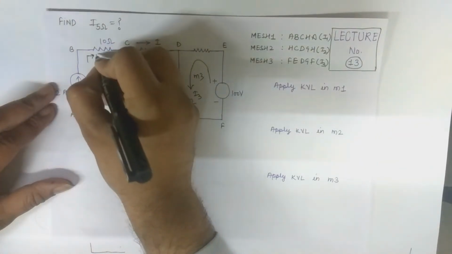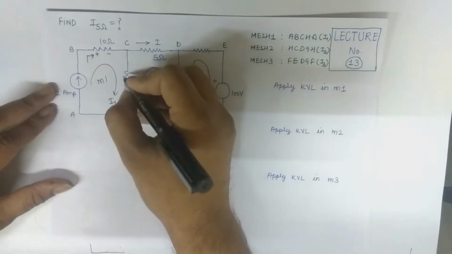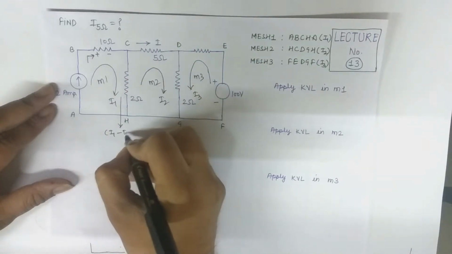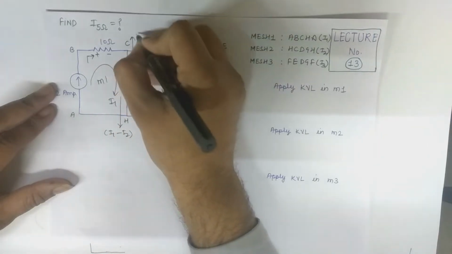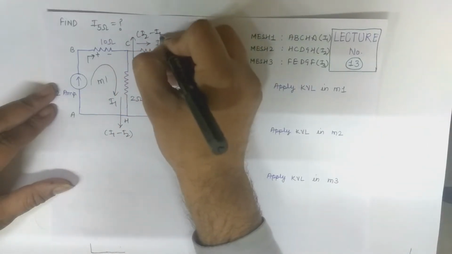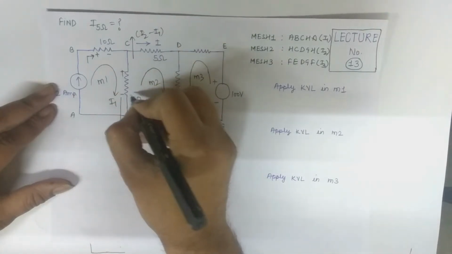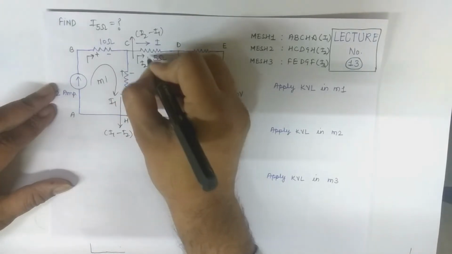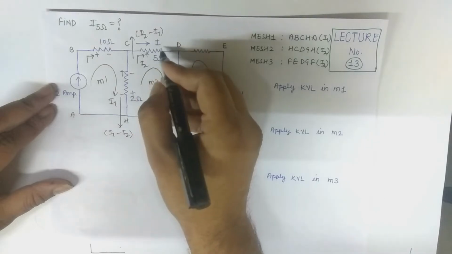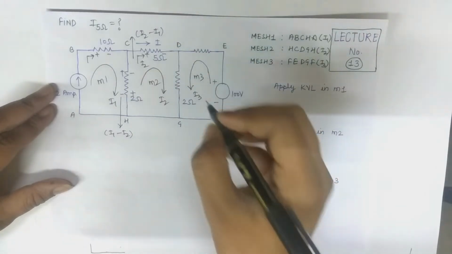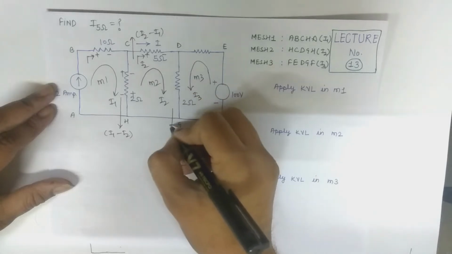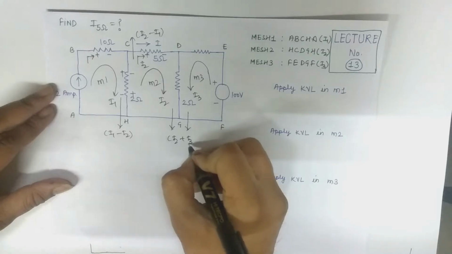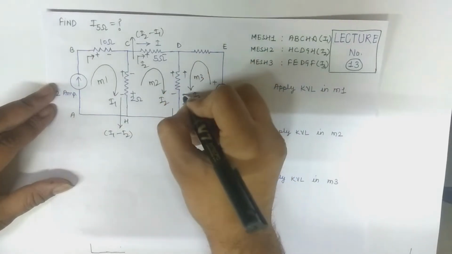Now the current is entering from this side, so this is positive and this is negative. For this element the current is I1 minus I2, and when we consider the other side it is I2 minus I1, with positive and negative polarities marked. Here the current is I2. Both currents are downward in this branch, so it is I2 plus I3.